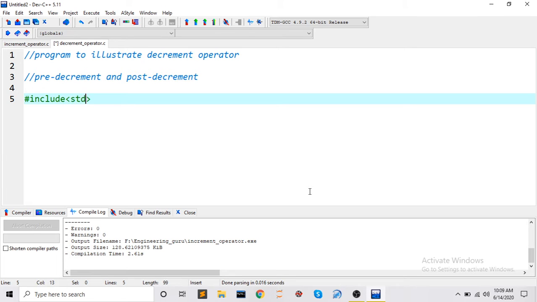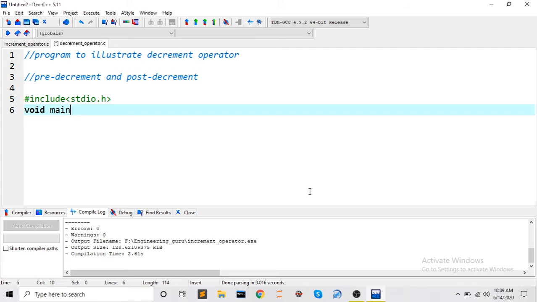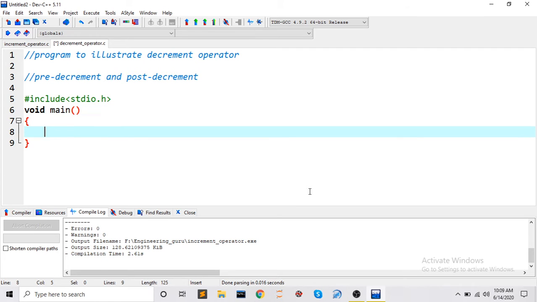First thing will be the header file. Then we will write the main function, and then we have to do the variable declaration. For this program also we will take a different set of variables for post decrement and for pre decrement. Let us take pre decrement first. We will take the same values as in the example so that you can match both.